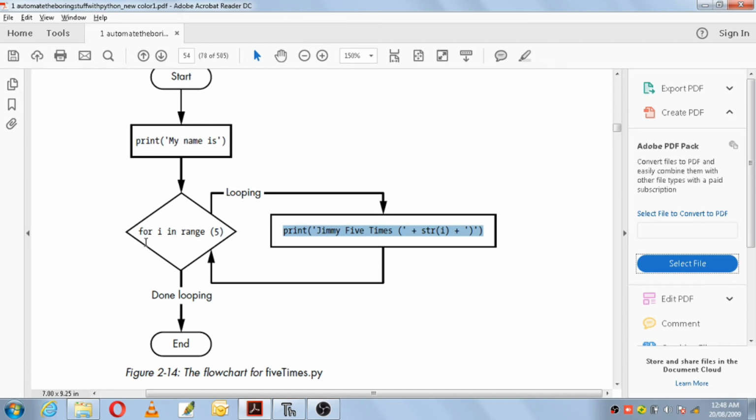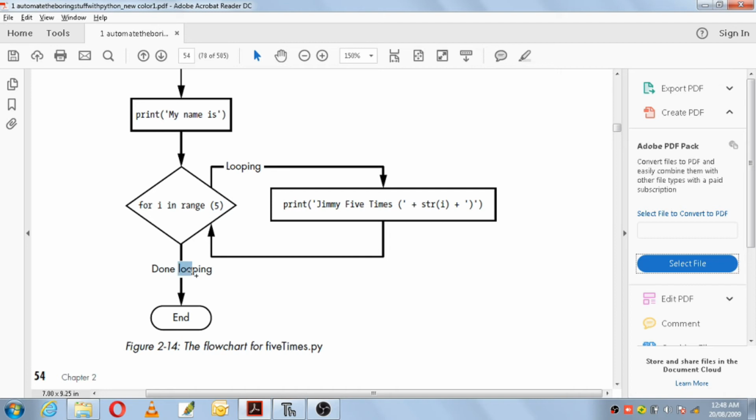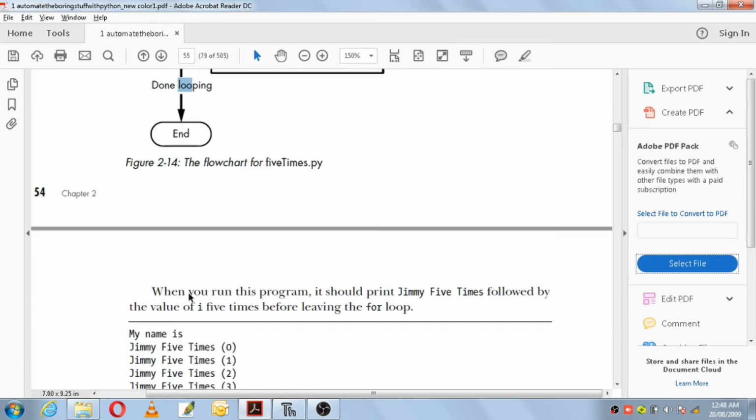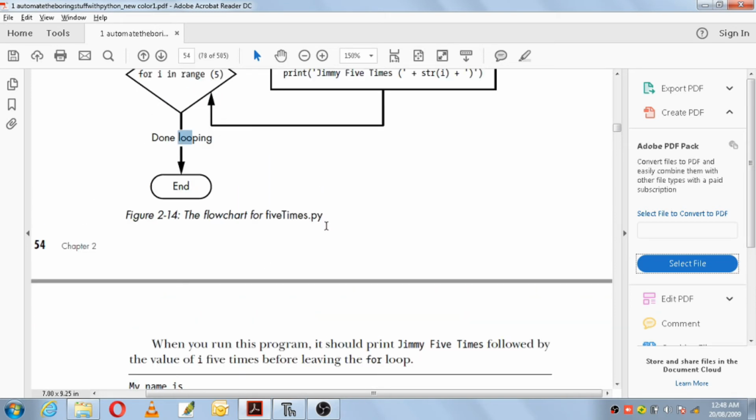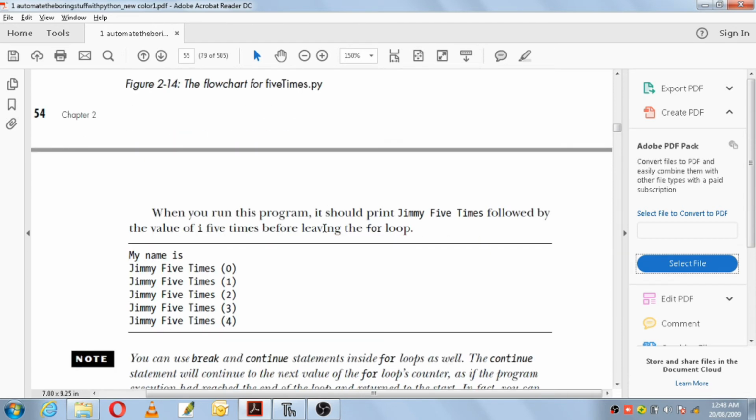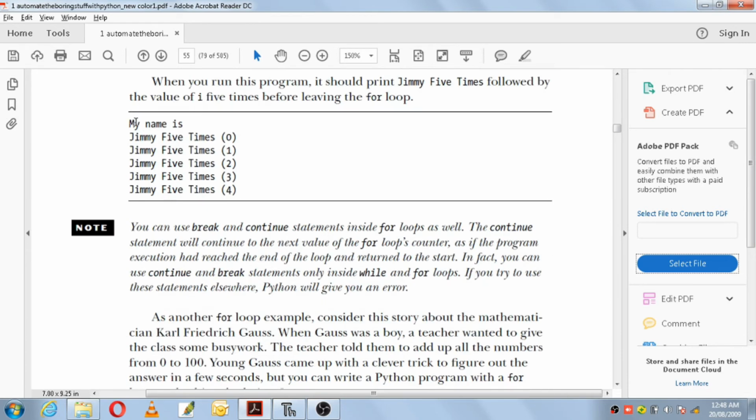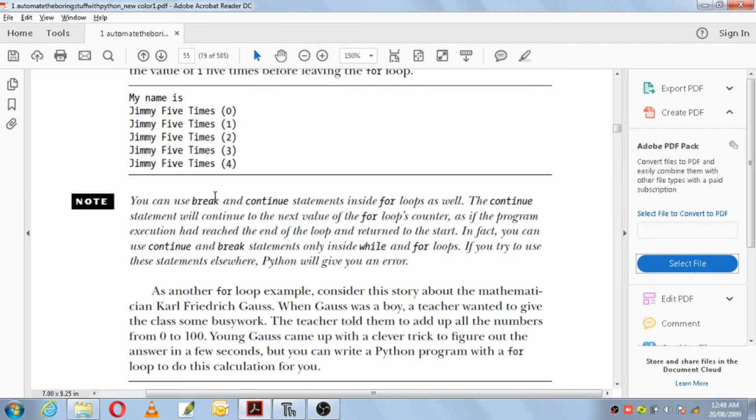If the condition is true, that means the I value is less than 5, again it will be printed. And once it reaches the condition 5, it is done looping and then end. Okay, so this was the flowchart for 5times.py, and once that program gets executed, you'll find this: my name is Jimmy, Jimmy 5 times of 0, 1, 2, 3 and so on.